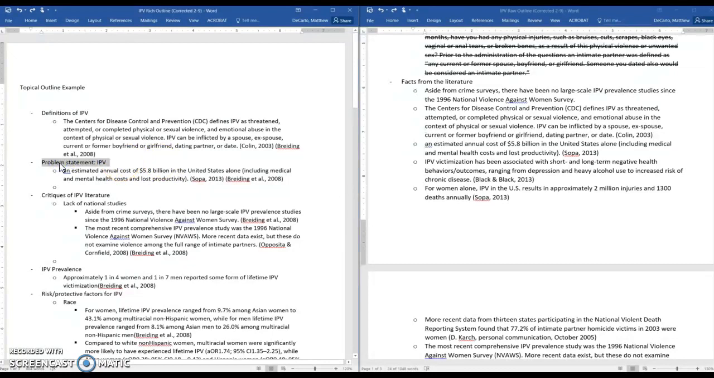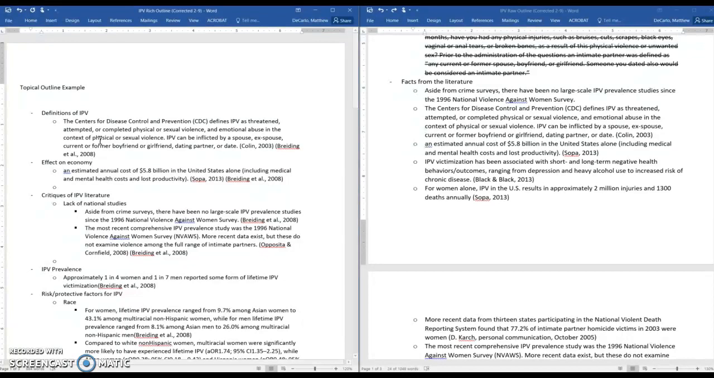I might also do effect on economy. That could be another theme. So are there specific themes that you should be looking for? Not really. One of the things that you might want to consider is where this stuff might fit inside of